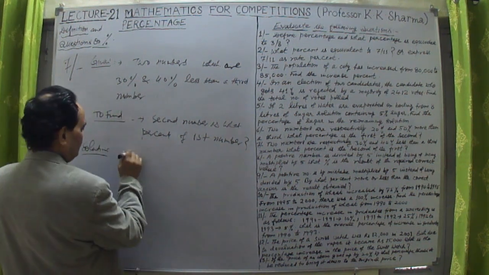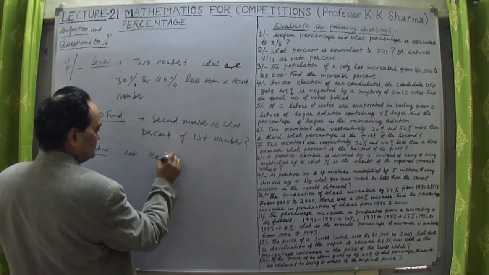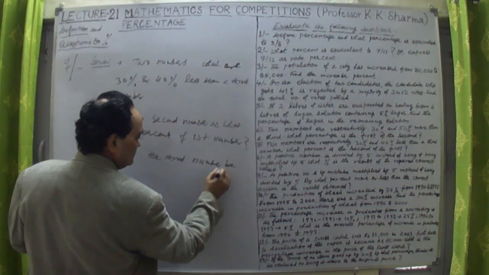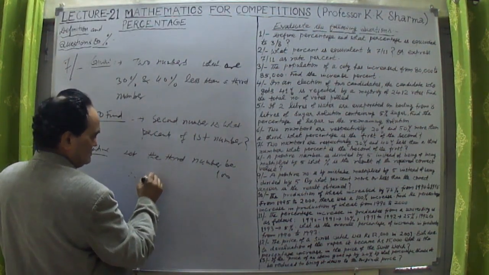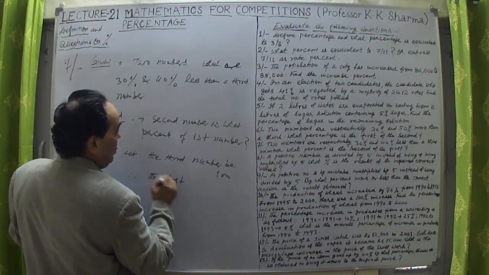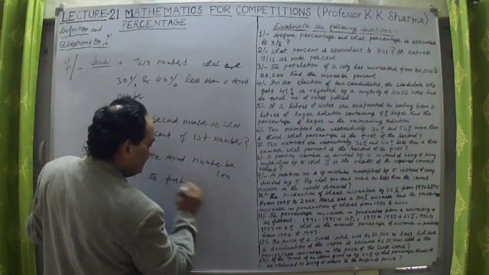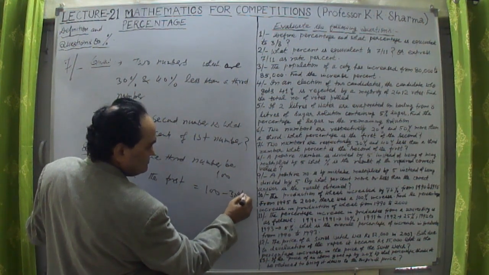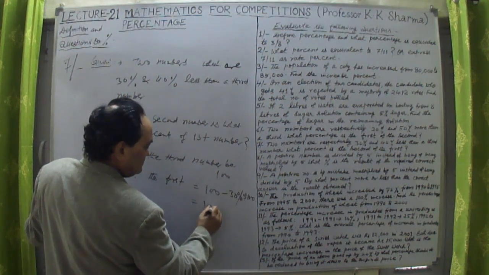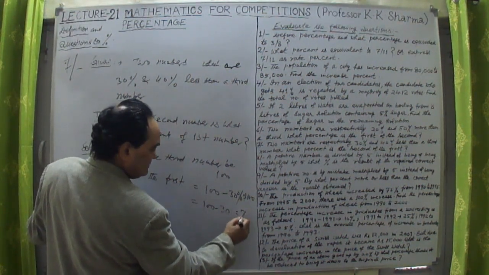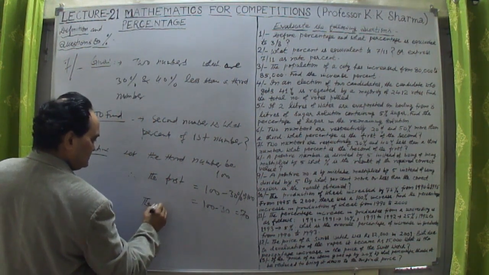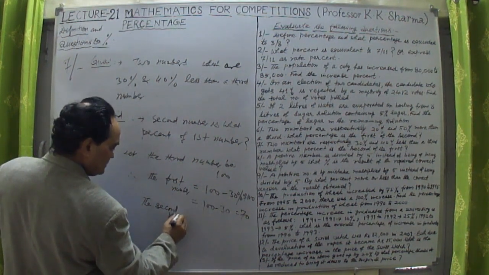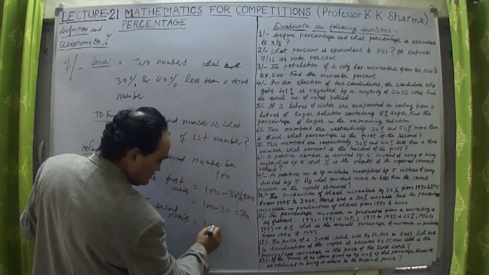Solution. Let the third number be 100. Therefore the first number is 30% less. So the first number is equal to 100 minus 30% of 100. That means 100 minus 30, this is 70. So that is the first number, 70. This is the first number and this is the second number. So the second number will be 100 minus 40% of